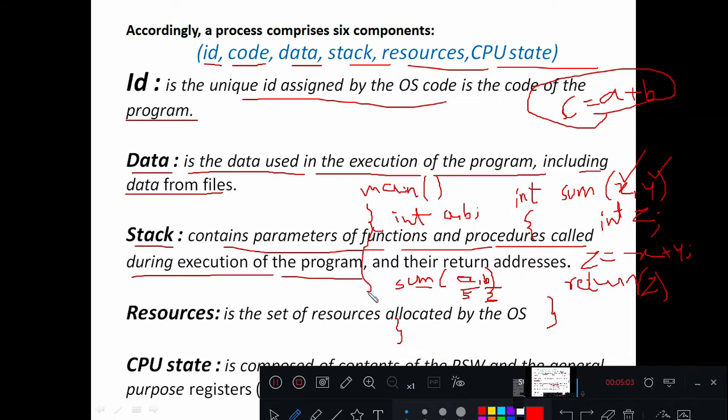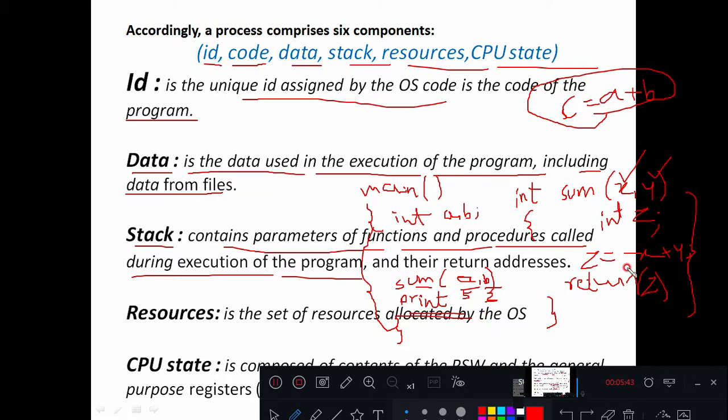So this main program is called the calling program, and this subprogram or the function is called the called program, right? So in such cases, the stack will come into the picture. Whenever the control of execution jumps from the main program to the subprogram, the address of the next instruction, let us say after sum I will have a next instruction as a printf, needs to be stored somewhere, and that somewhere, the temporary memory itself, is called the stack.